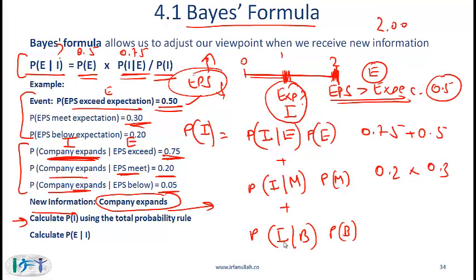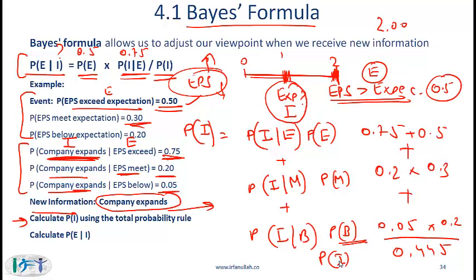The probability of I given B is 0.05 times probability of B is 0.2. You add up all these numbers and what you should get is 0.445. So the probability of I being the information, the probability that the company expands, is